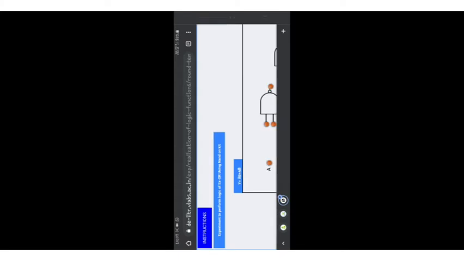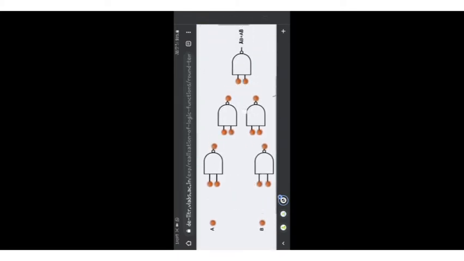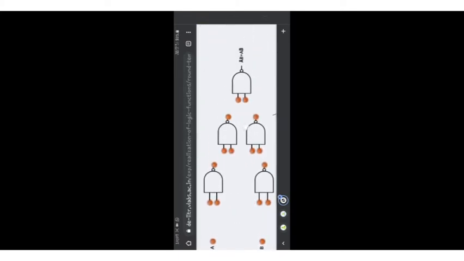Now we are performing the experiment of XOR gate using NAND gate.